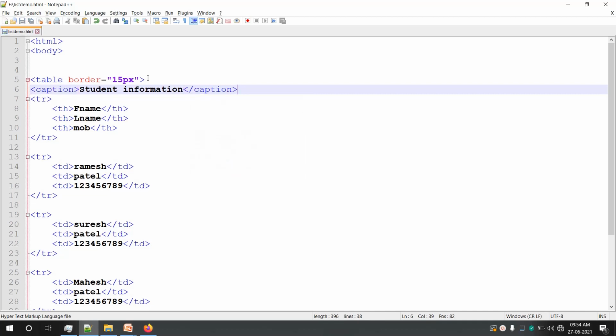Caption is closed. Okay. Now you can see the heading has appeared at the top, and this has appeared because of the caption tag. So even a caption can be used in a table.